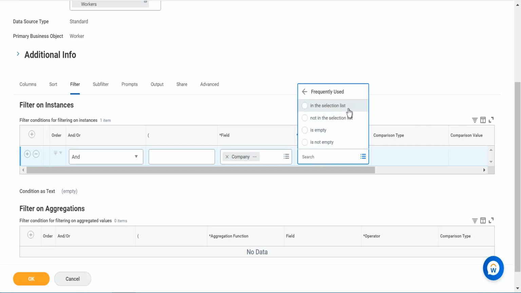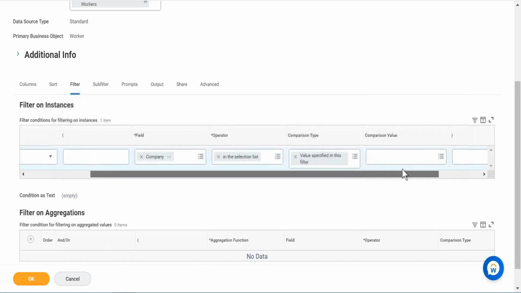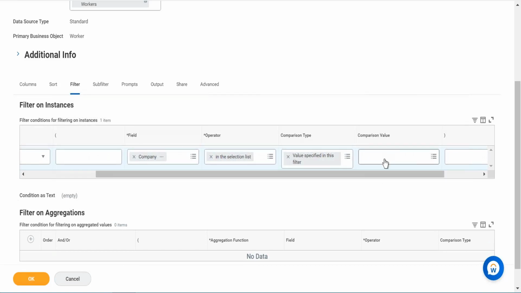I'm just going to say in the selection list, you will see if you would not have wanted to run that report for that company, you would have said not in the selection list. If you did not want the company to be empty, you would have selected is not empty. But right now, I just want to run this report for a particular country. So company in the selection list, value specified in the filter, Global Modern Services,